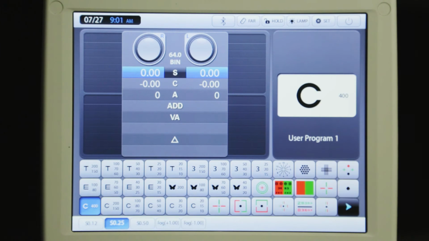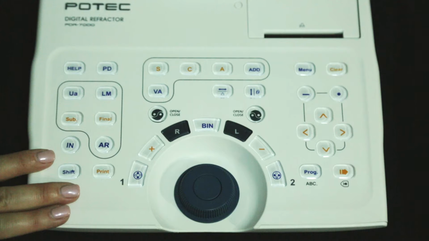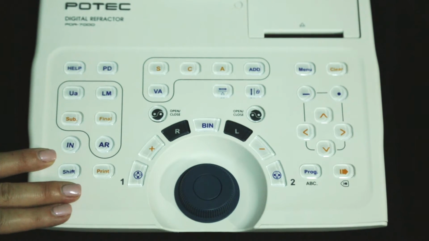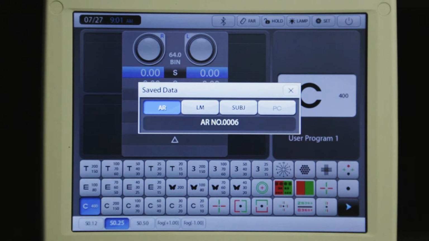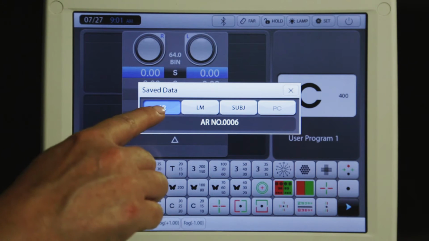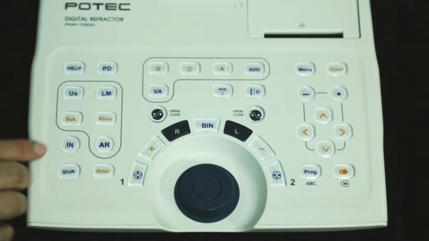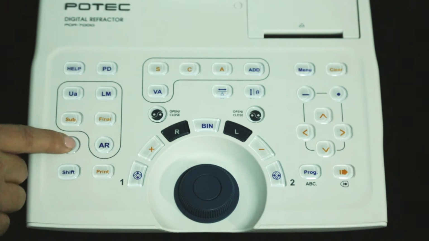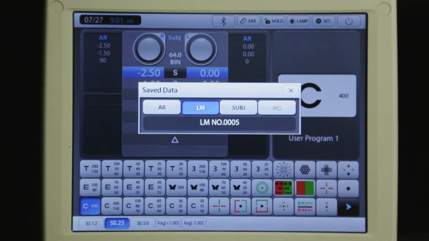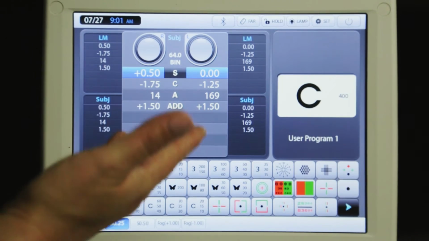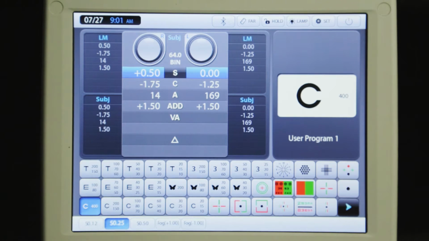Now we'll cover how to input data from your pretest. If you have a Potec autorefractor and lens meter, you can do this digitally. First, you will hit In, selecting AR, finding your patient's number, and then press AR. Repeat that process for lens meter by pressing In, lens meter, find your patient's number, press LM, and the data will be in. Now, if you don't have our pretest, you can do this process manually by pressing AR,